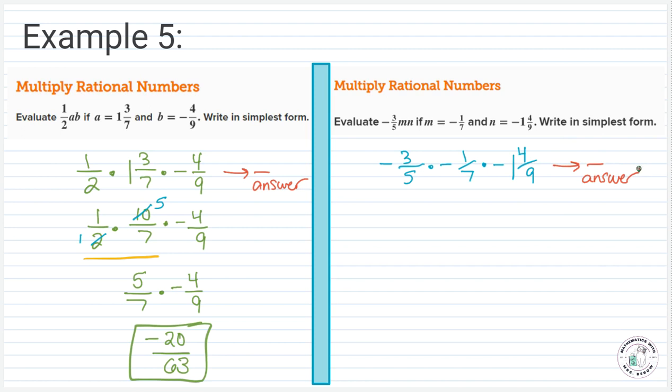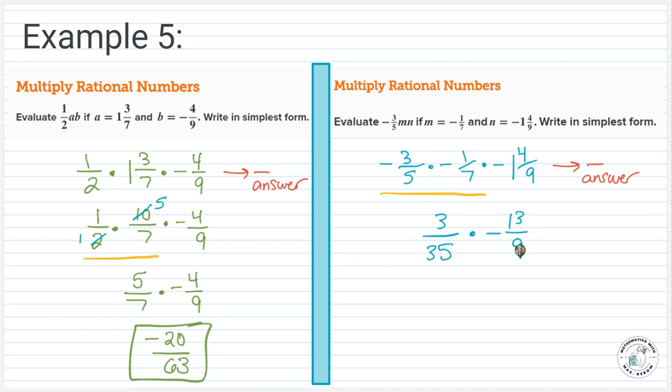So we can just focus on two at a time, again, just like we did on the previous question. So if we just focus on this -3/5 multiplied by -1/7, we can't do any cross-canceling. So we're just going to do 3 times 1, which is 3, and then 5 times 7, which is 35. And then, like we said, this is a positive fraction because we had a negative times a negative. Now, we still have this mixed number here, that -1 4/9, and I'm going to go ahead and rewrite this as an improper fraction because, again, when we multiply with fractions, you can't do that with mixed numbers. They do have to be rewritten as improper fractions. So 9 times 1 plus 4 is going to turn into 13, so this will be